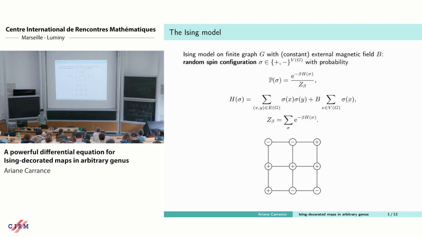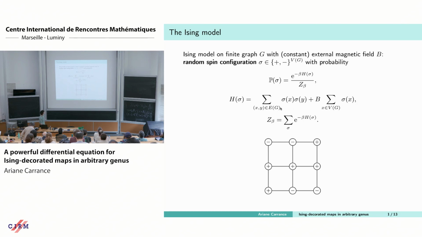So the Ising model can be defined on any graph. So you take some spin configuration on the vertices of your graph. Here it's usual to denote them by plus and minuses. This configuration will have a certain probability given by this weight, exponential of minus beta h, where h is this